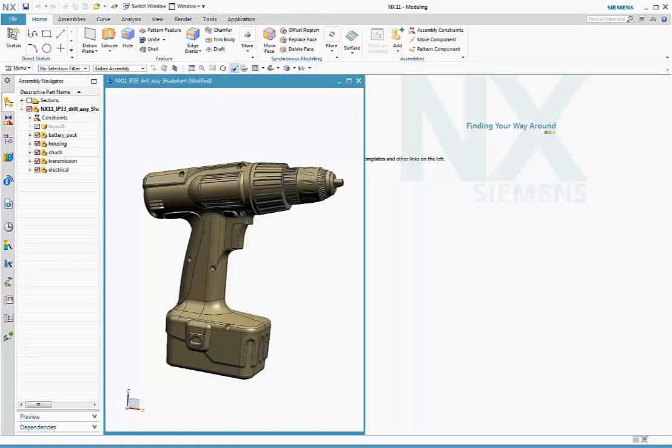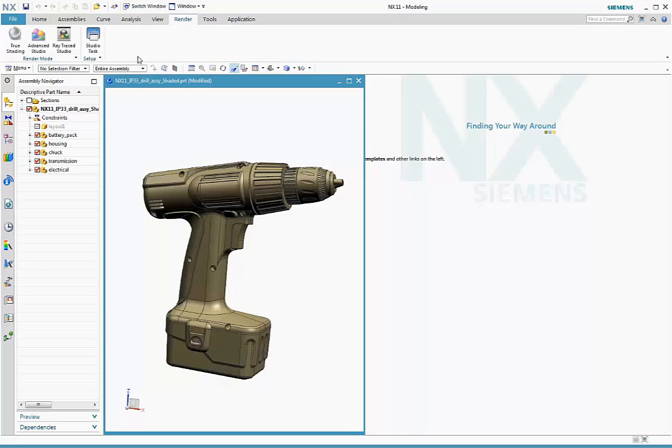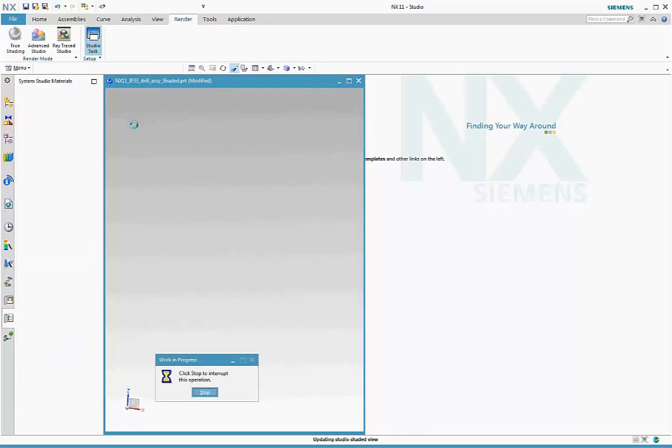In NX11, the new Iray Plus physically based rendering engine makes photorealistic rendering even easier to use. Let's take a look at it by going through an image production workflow. Start by going to the Render tab that opens the Render ribbon, but go directly to the Studio task to